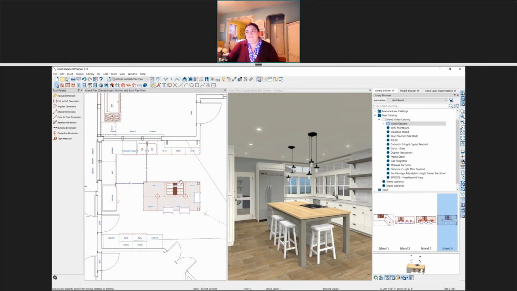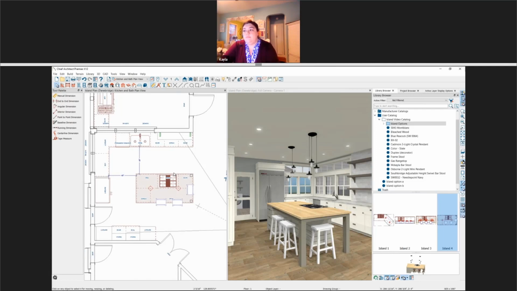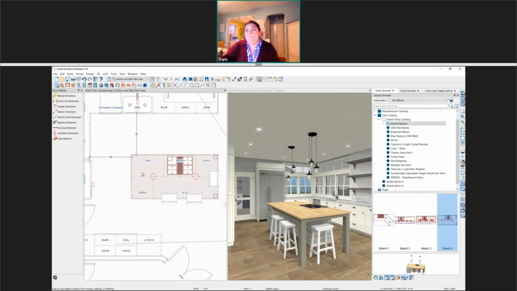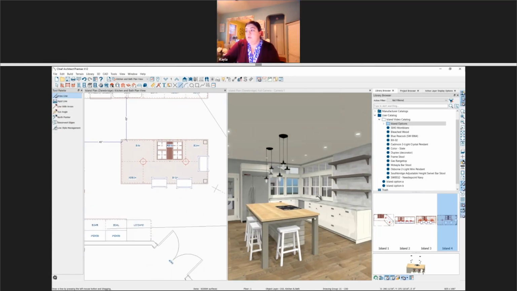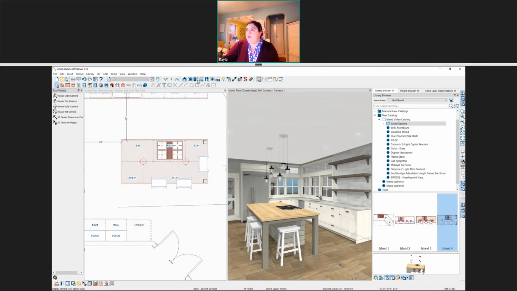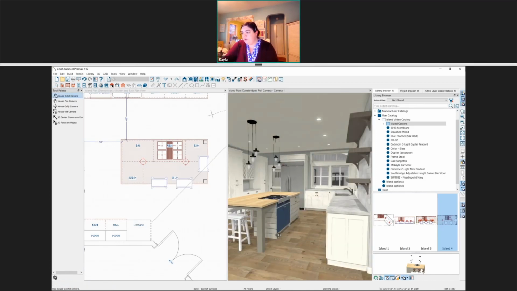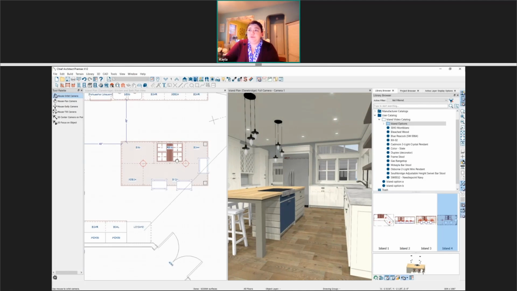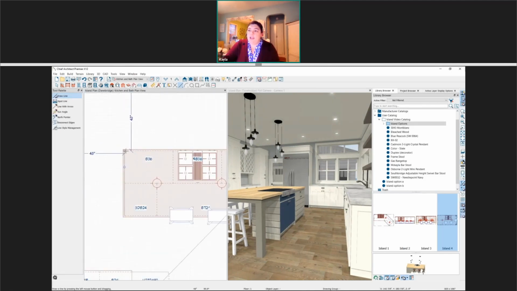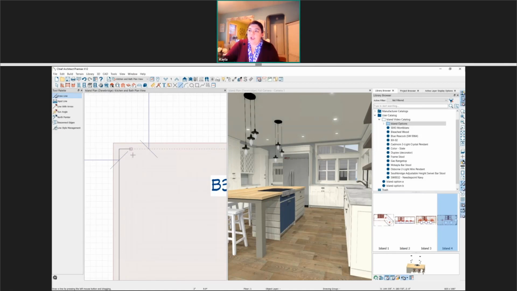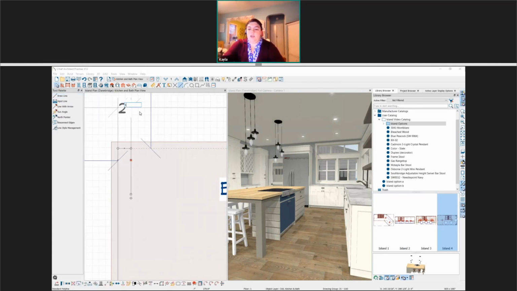Hi, thanks. I just have a question about when you put that molding around the back of the island, can you draw lines like in the toe kick area of the cabinet so that it returns, like it wraps around the side, but it also returns into the toe kick? I think we can do that with this island option here. So I believe I have a closed toe kick. I do. So what I would do is draw the line along the edge, and then we're going to just continue the line across and down. And it would depend upon how thick our closed toe kick is, but it's probably an inch thick. And then the toe kick itself is 4 inches.